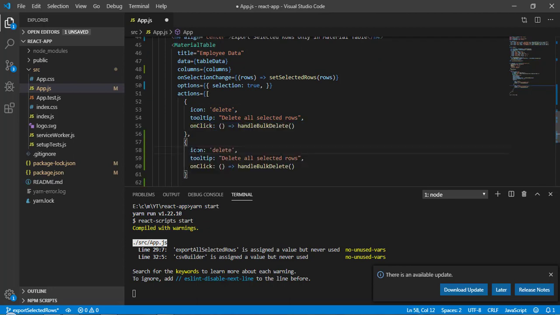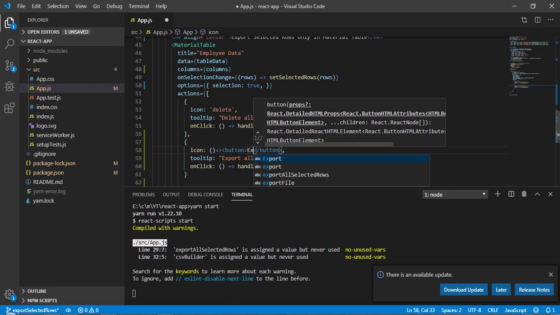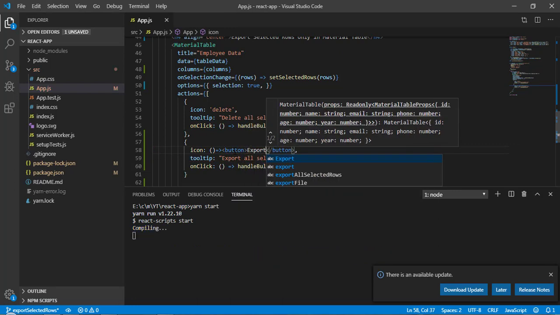Basically we have to pass here icon, the tooltip, and the on click. So for the tooltip I am going to say export all selected row, and here I am going to render a custom icon. So for that I have to take an arrow function. Okay, and now let me return a button, and as of now let's call it export.